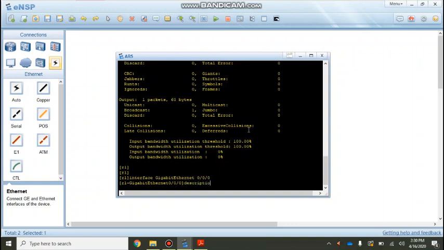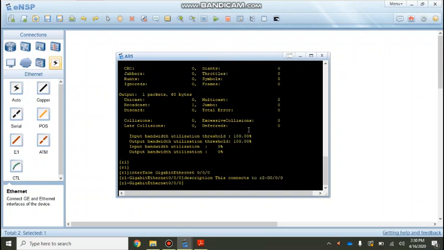This is the command to connect the other router. Description, this connects to the other router. For example, I will name that router R2. So I will write R2 here and the cable here is G0/0/0. So you can see here it's done. Now we can quit from here.